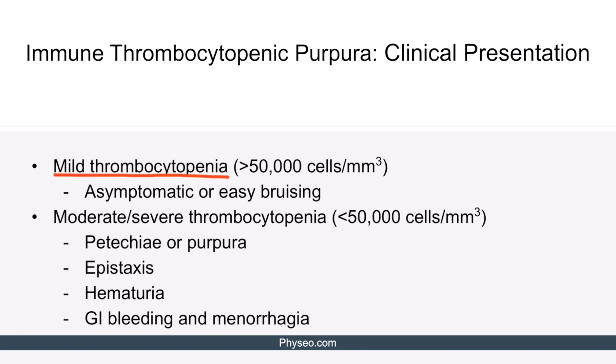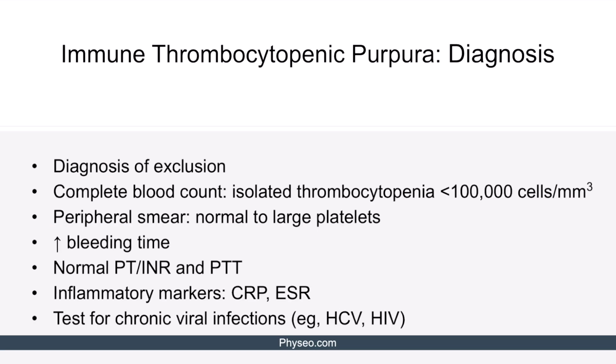Mild immune thrombocytopenic purpura with a platelet count more than 50,000 can be asymptomatic or present with easy bruising. In contrast, moderate or severe ITP with a platelet count less than 50,000 presents with skin and mucosal bleeding, namely petechia, purpura, epistaxis, and hematuria. ITP can also present with GI bleeding and menorrhagia. Immune thrombocytopenic purpura is a diagnosis of exclusion. In other words, one should exclude all the other possible causes of thrombocytopenia before one can diagnose a patient with